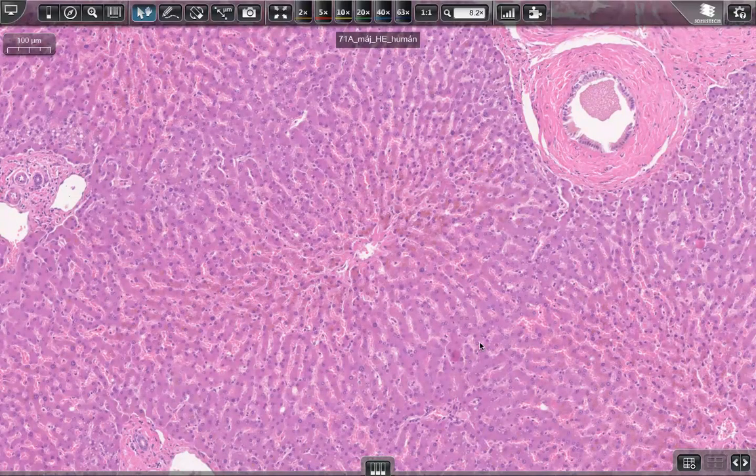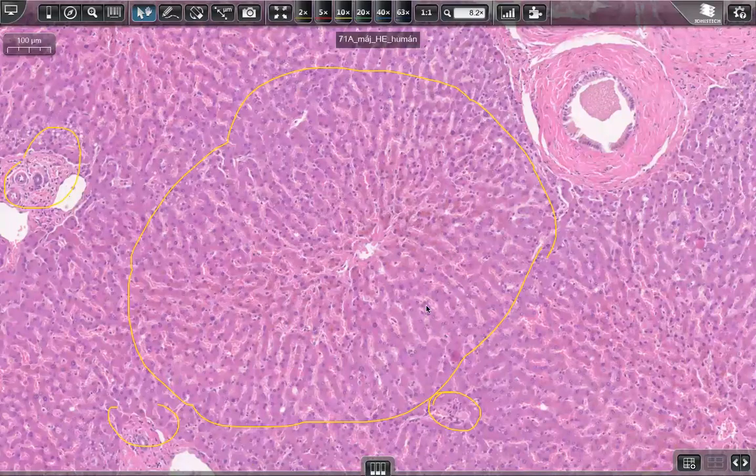So this is the edge of the hepatic lobule. Here we have the portal triad. There is another one. Doesn't matter. So when we're talking about the direction of the blood flow,